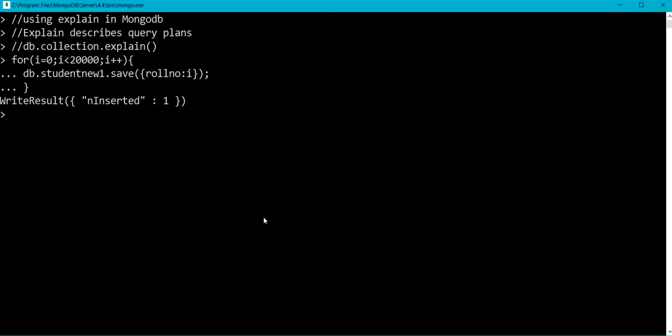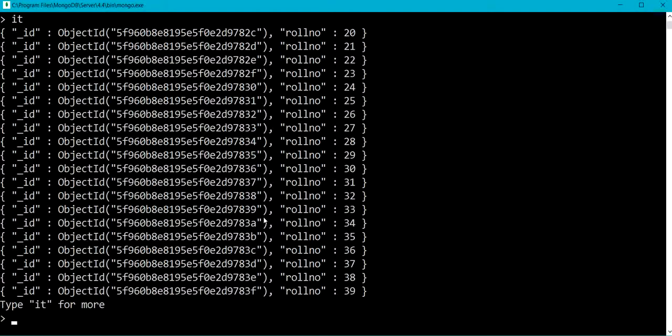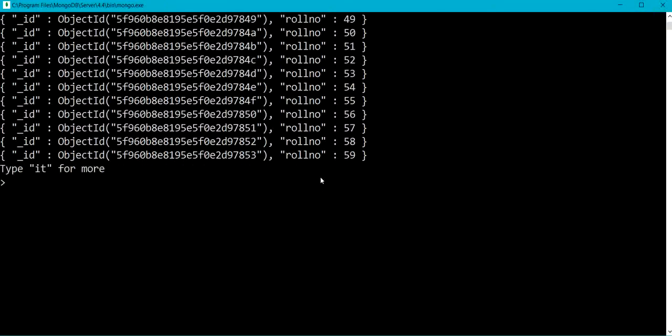Okay, so here we have got our studentnew1 collection created. Let me check, studentnew1.find. So see here, yes, 20,000 documents are there. So we need to type "it" for displaying more documents. Okay, yeah. So now here I have to find